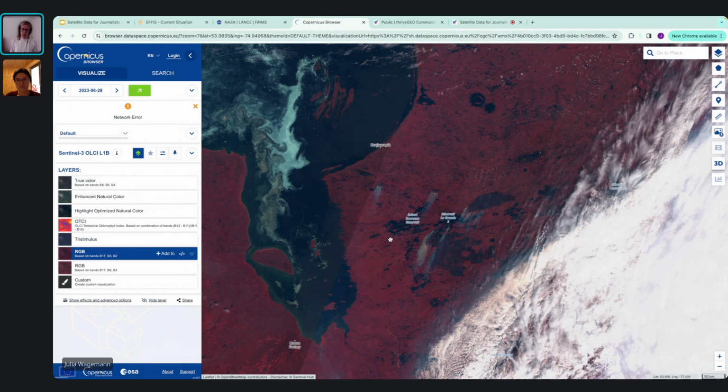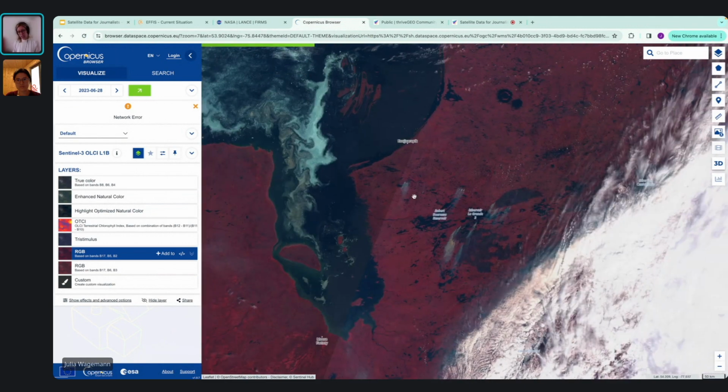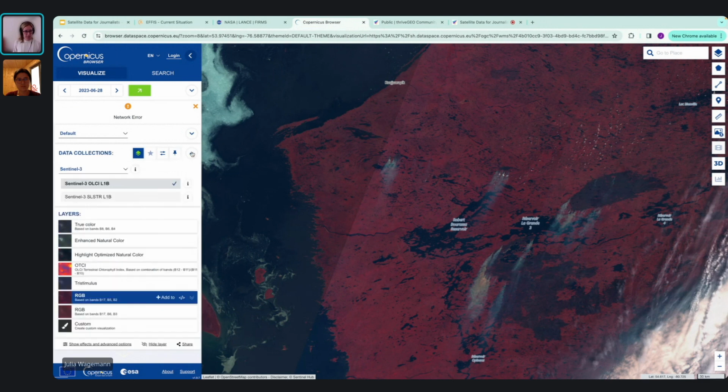So this is just another option to specifically highlight different features. And with Sentinel-3 OLCI data, you can also use the false color composite to highlight smoke in light gray, in light brown.